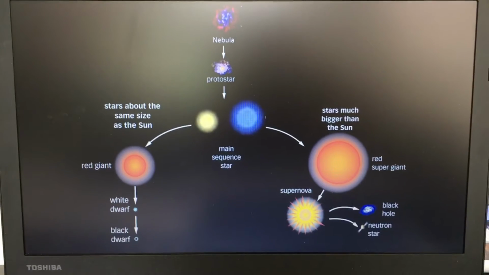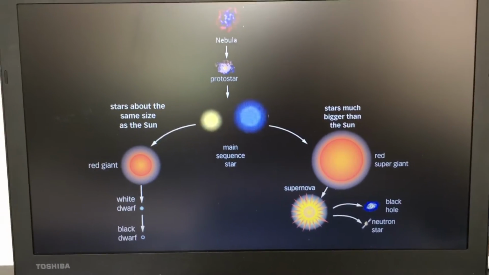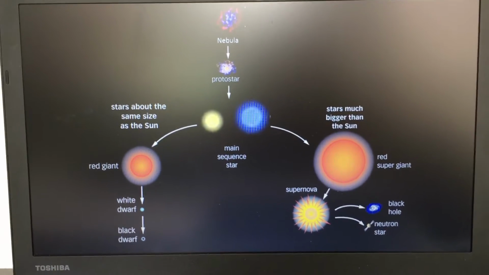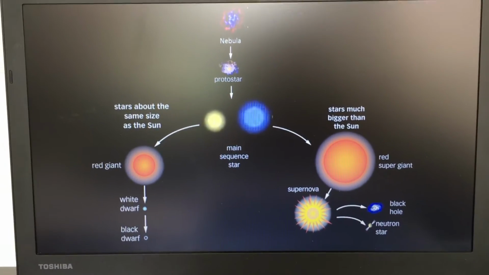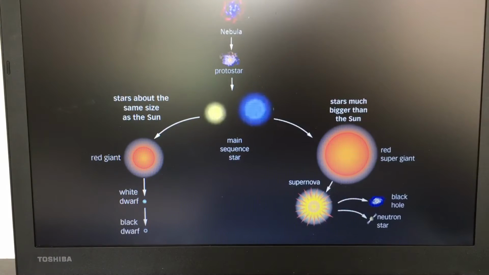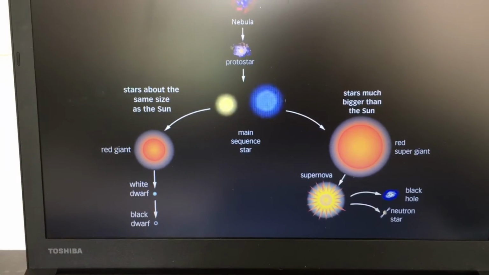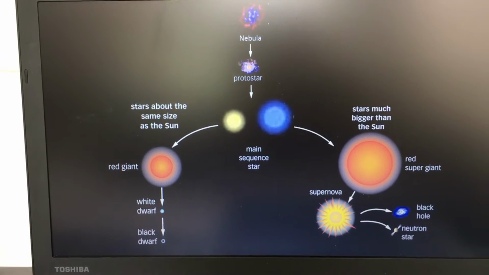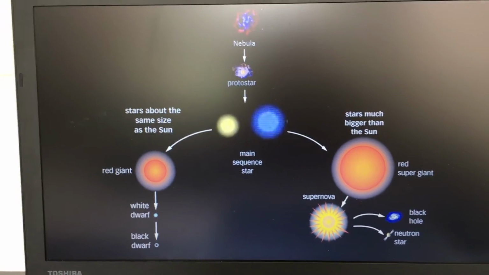For your exam, you'll need to know the complete star life cycle. This did not come up last year in the AQA, however it did come up the year before. When it does come up, it can be quite a big question. I'm going to go through what they all mean, and then I will go through a way that I have created to remember it. So basically, a nebula is a big cloud of dust and gas,